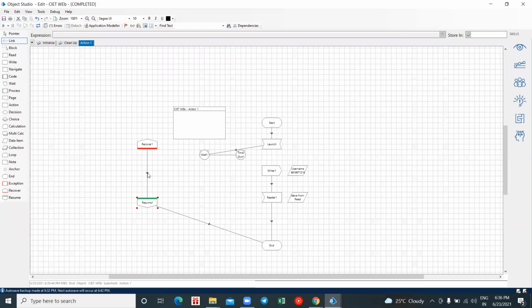And now I'll show you an exception. Here is my exception stage. So let me connect this with my exception.